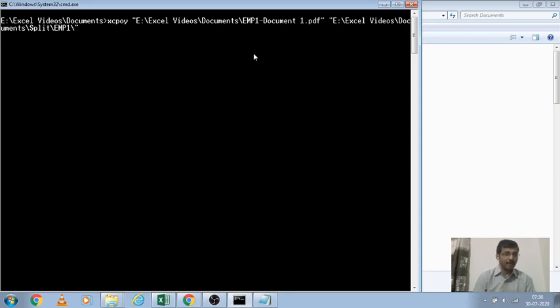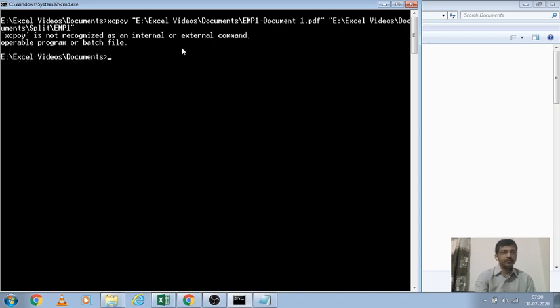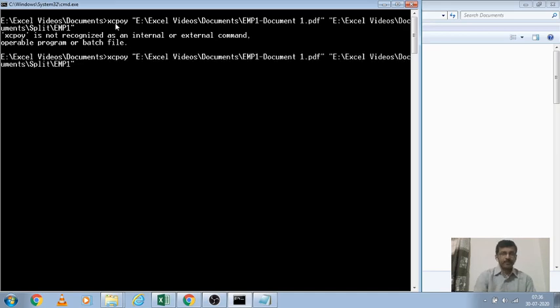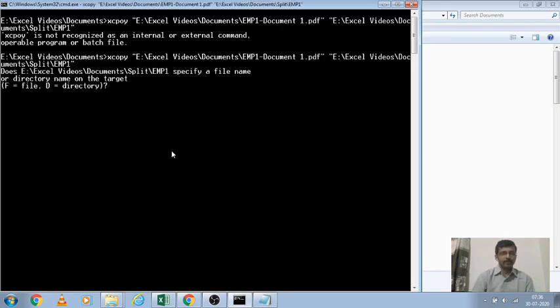If you don't put a backslash after the final folder, it will ask, some spelling mistake here, it should be XCOPY. Just press enter. The system doesn't know whether the last option is a folder or a file. In this case, we have to manually specify a directory.